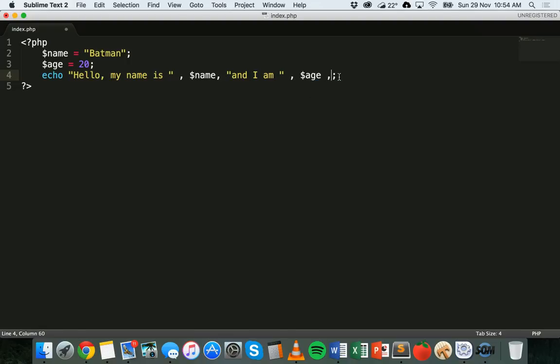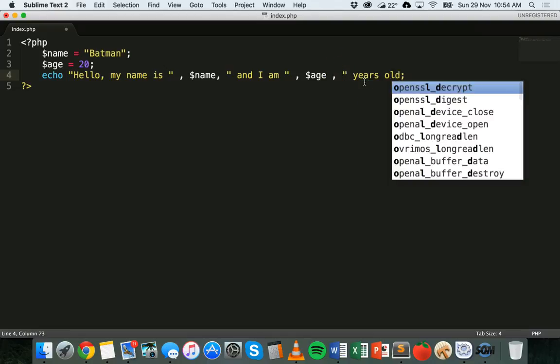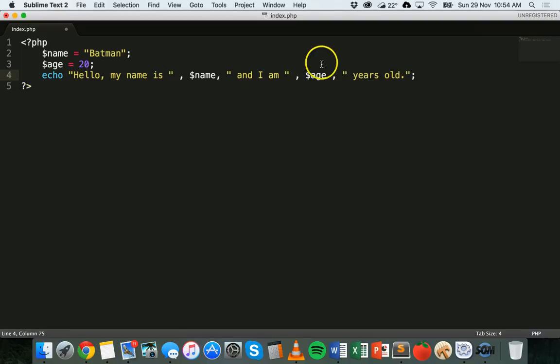value there, another comma, and actually we might need a space before the end there. We'll add another space here, and we can say years old, and close that quotation mark. Now, Batman's more than 20 years old, but we could say, hello, my name is, with a space at the end there, so that's a string, and we can join it, we'll add this variable's value here, so we can add the name, another string there, and I am, the age value, so grab the value from that variable, and then years old. So we can save that, refresh, we get, hello, my name is Batman, and I am 20